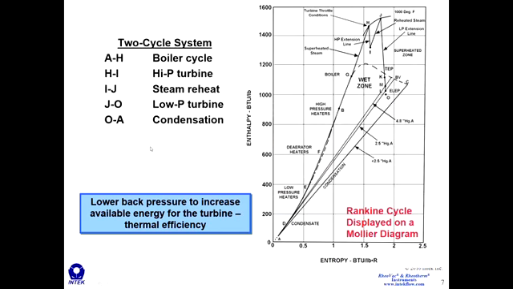And so let's take a look at how the condenser affects the efficiency of the Rankine steam cycle. This chart, you're probably familiar with it. It's the Mollier diagram. On here is a Rankine steam cycle for a two-section system, so just an HP and an LP turbine. And this chart shows the enthalpy,